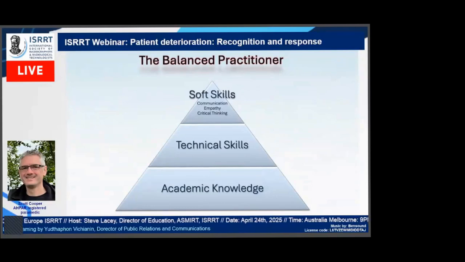Anecdotally, from my perspective, I think there has been a shift over the last probably 10 to 15 years, even 20 years, of the expectations of MRP trainees when they come through university. I remember that there was a much bigger focus, kind of like the capstone, I guess, on practice was our soft skills in terms of communication, empathy, and critical thinking skills, followed by technical skills and then the academic knowledge.